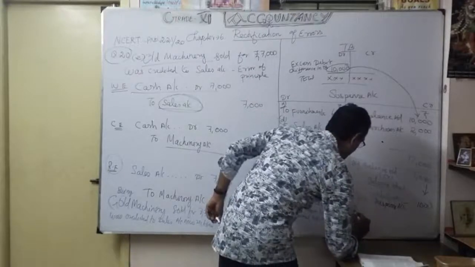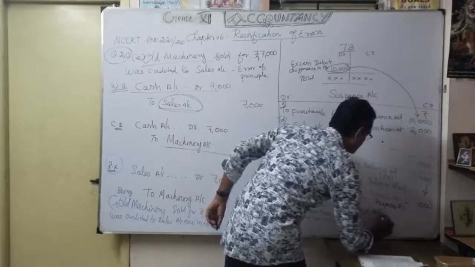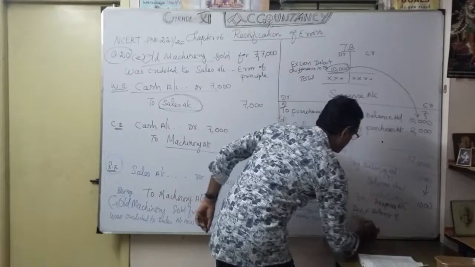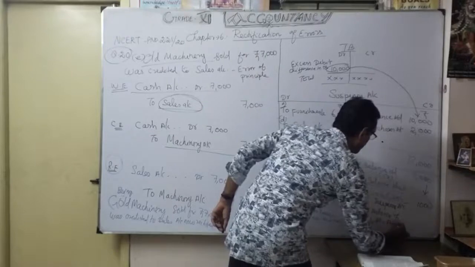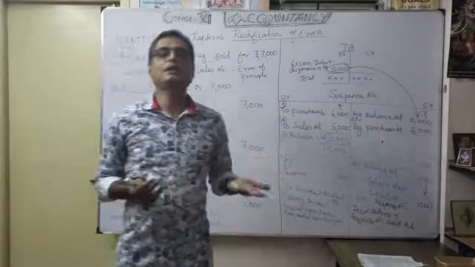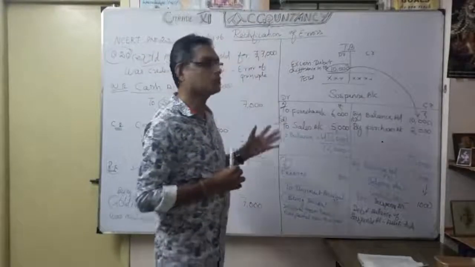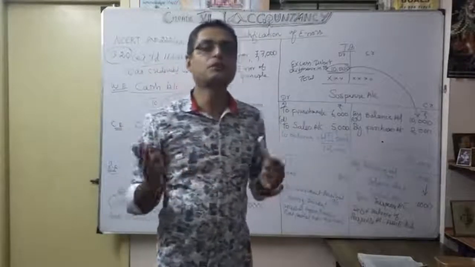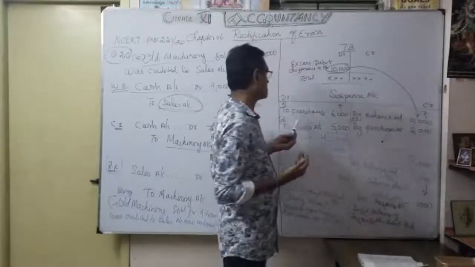So this is the credit balance, and any debit balance of the suspense account, where am I going to show it? It is on the asset side of the balance sheet. Similarly, any credit balance you want to show on the liability side of the balance sheet. So now you understood about this problem. Two problems were given continuously, opposite to each other. In the same manner, we showed in the suspense account 'to balance brought down'.